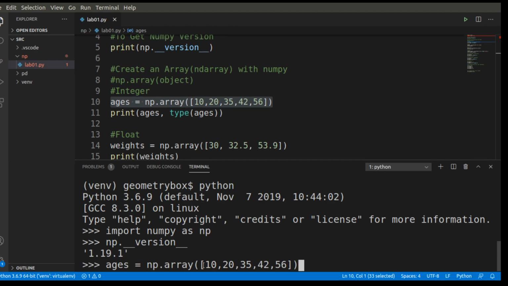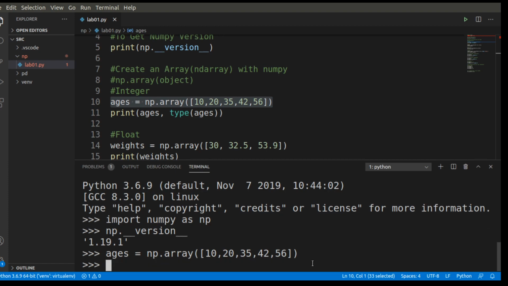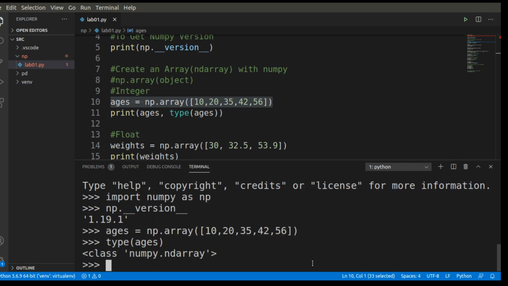That means Python lists, and then I'm calling np.array. Inside that I am sending this object. That means it will create a NumPy n dimensional array object. Please remember that all the arrays in Python, by using NumPy, are created as n dimensional objects, ndarray objects. I will show you the type. Here you can see that it is giving numpy.ndarray. So all the arrays you create using NumPy are n dimensional arrays.